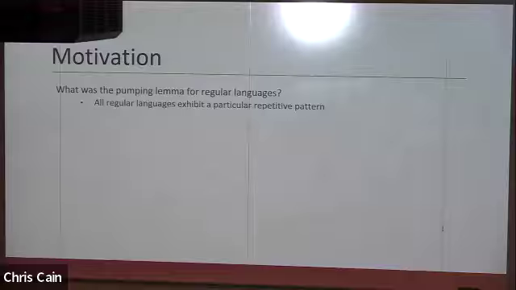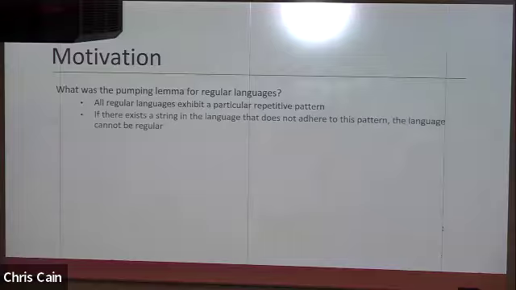We can identify where such a cycle is: it's within the first number-of-states characters of that string. That creates a cycle that we can repeat some number of times. If we can pump that cycle such that, regardless of the length of the cycle, it creates a string that is not in the language, then we can prove that the language is not regular, because any existing DFA would have to be able to produce a string that is not in the language. Therefore, that DFA can't exist.